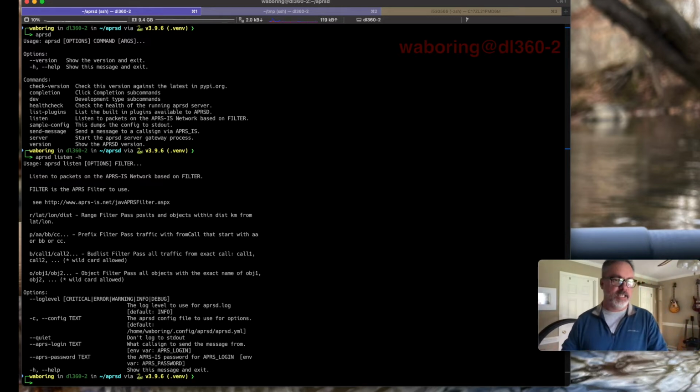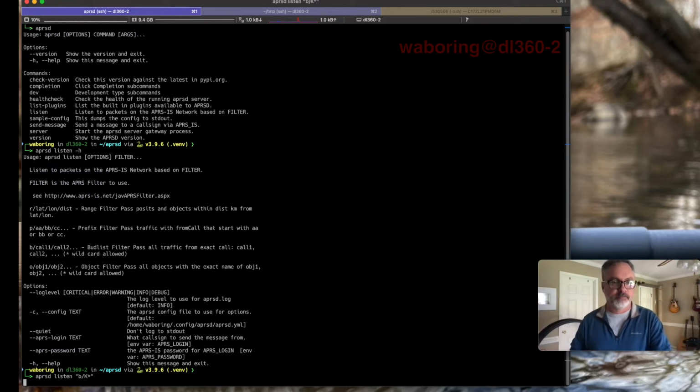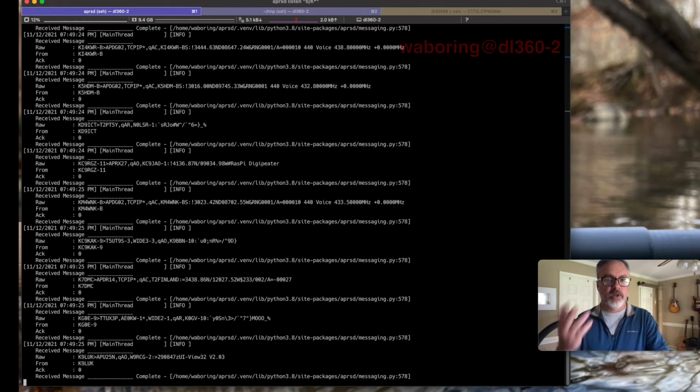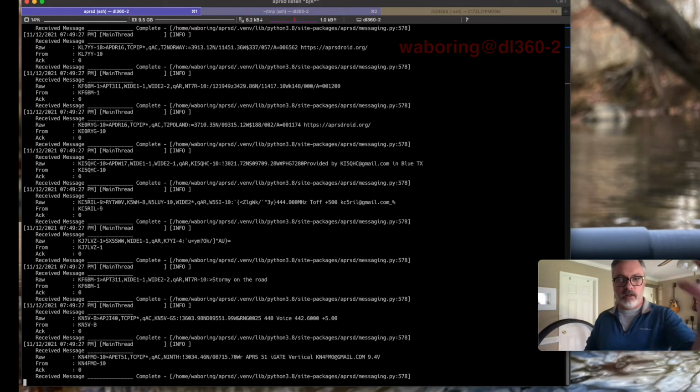You can connect to the network and give it a filter of packets that you want to watch, and that's all it does. It doesn't send them through any of the plugins, it just allows you to connect to the network and it just dumps packets out. I use this for testing various different things with APRSD. So let's give it a filter of K star, which is probably going to open a big fire hose. Let's see what happens. Yeah, so that's APRSD starting up, and you can see all of the packets that are